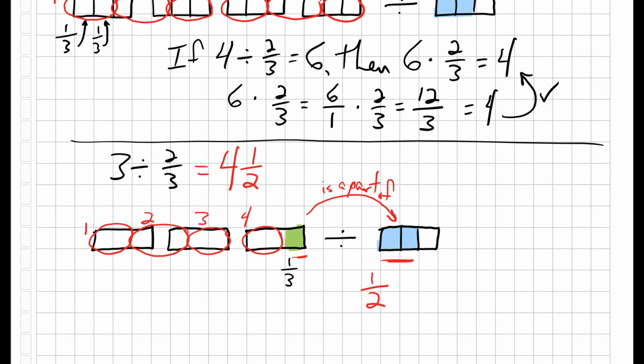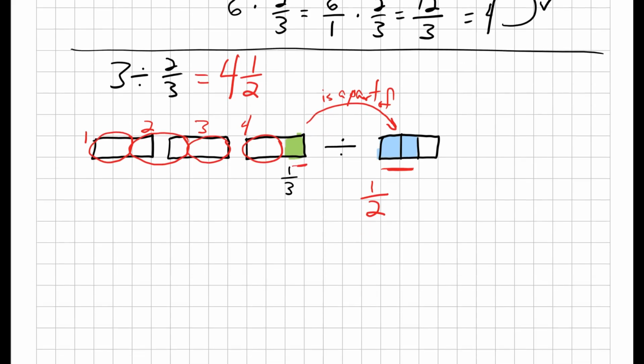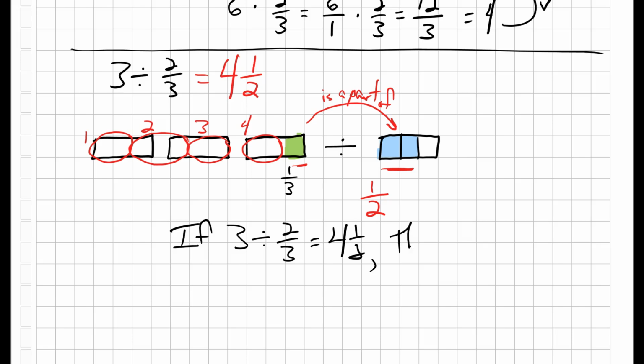And again, I can check my work and make sure I got the correct answer. Let's do that. If 3 divided by 2/3 equals 4.5, then 4.5 times 2/3 must be equal to 3. So let's see if it is. 4.5 times 2/3